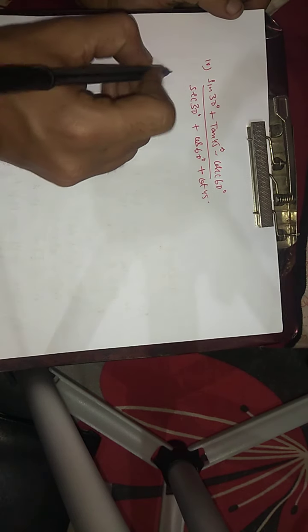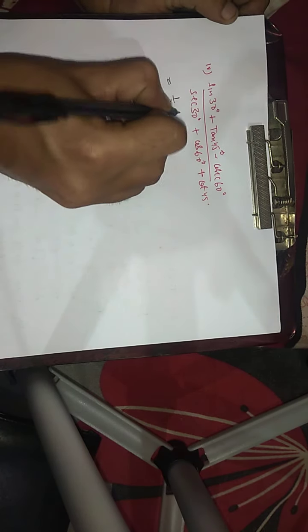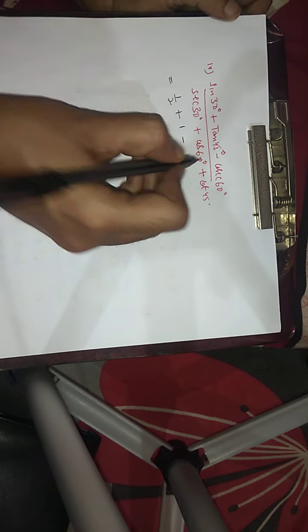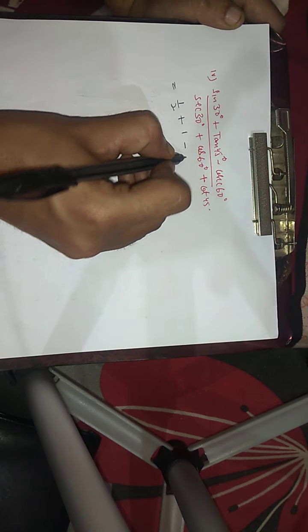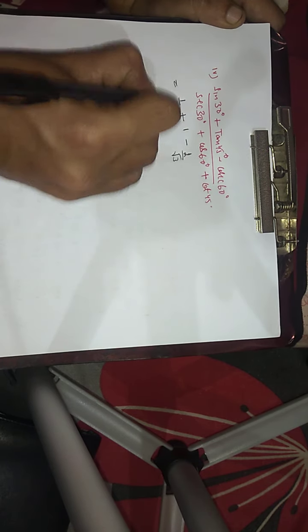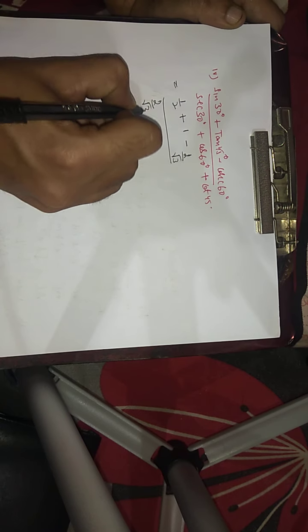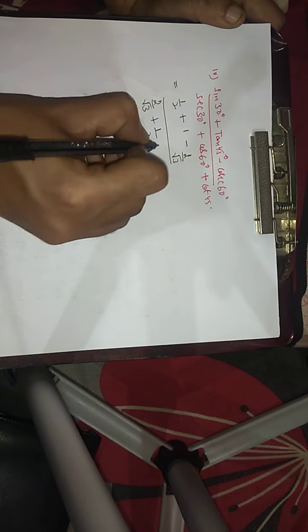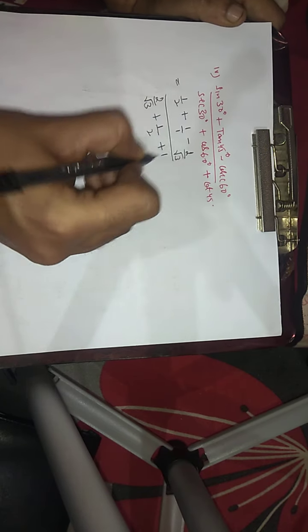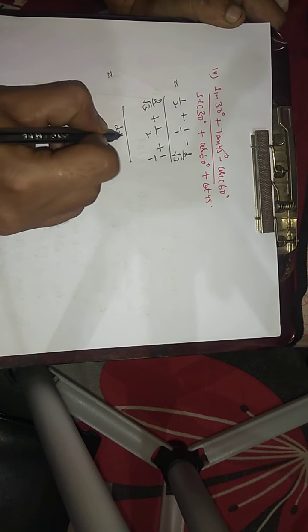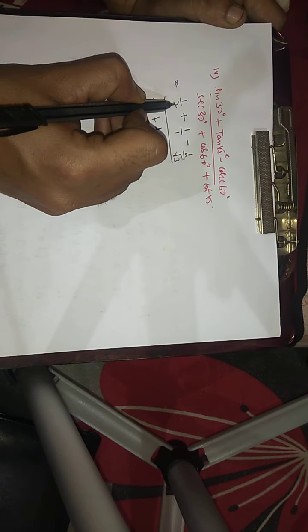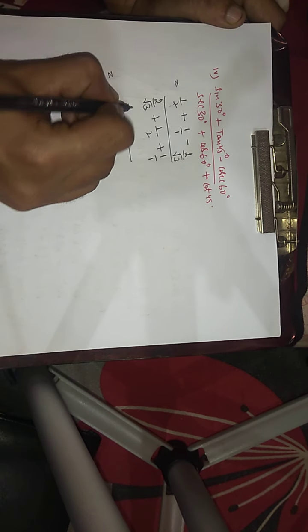So now let's go for that. When we use the values, sin 30 is 1 by 2, tan 45 is 1, cosec 60 is the reciprocal of sin 60, that is 2 upon under root 3, upon sec 30, 2 upon under root 3, plus cos 60, 1 by 2, plus 1. It becomes like this. Now when we take the numerator from the LCM, it becomes 2 under root 3. 2 under root 3 divided by 2 gives root 3. Root 3 into 1, root 3.